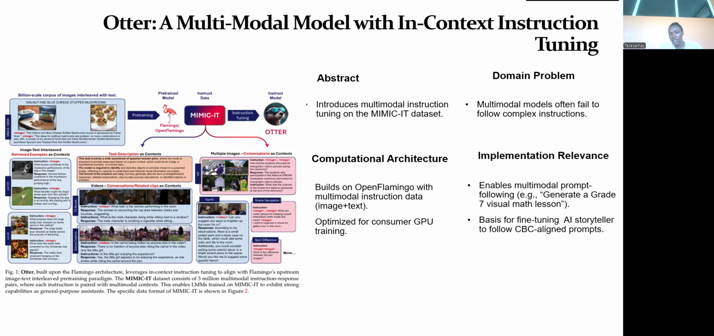So it also optimizes to train efficiently on a few consumer graphic processing units, like this one, which makes it perfect for low-resource environments. So basically, for our project, we can use its instruction tuning. We can use its ideas to train the model to follow CBC-specific prompts, such as, let's say